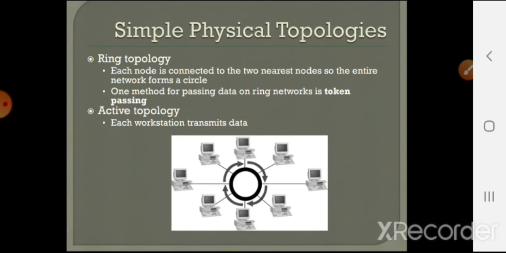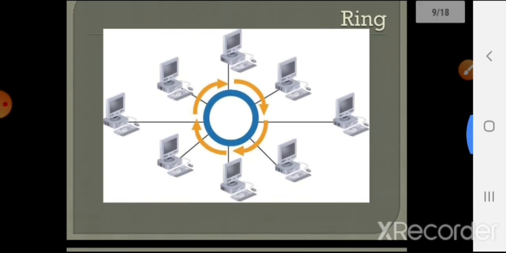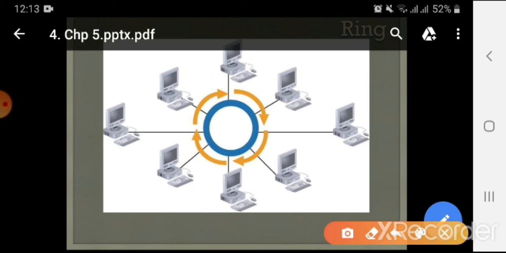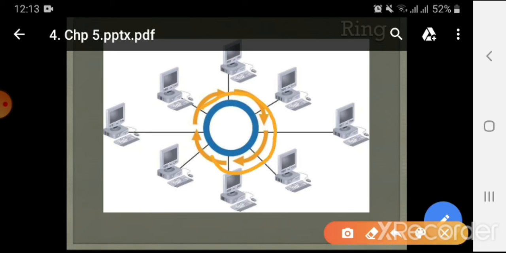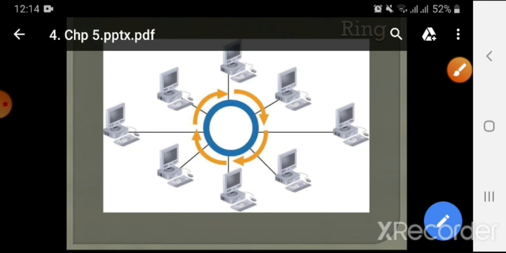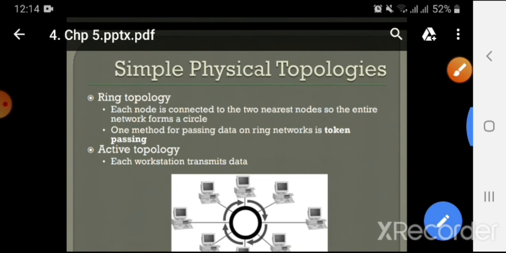The next one that we are going to discuss is ring topology. Again, we will first discuss its diagram, then we will discuss its detail. In ring topology, all the computers are connected in a ring-type manner. If you can see these arrowheads, these arrows show the passage of the signal, that the message will pass through the network in this direction. This shows the flow of messages in a network. So now let us discuss its detail.